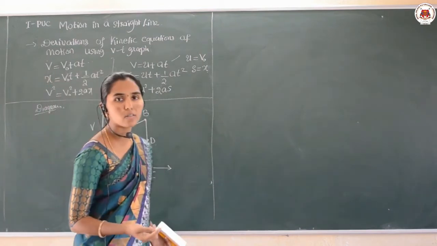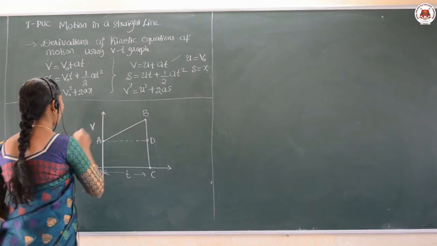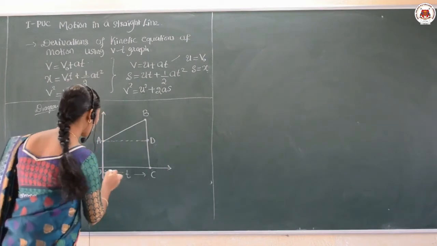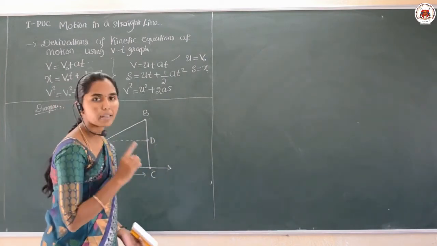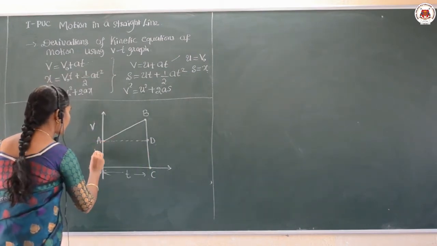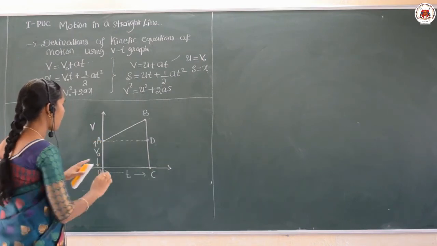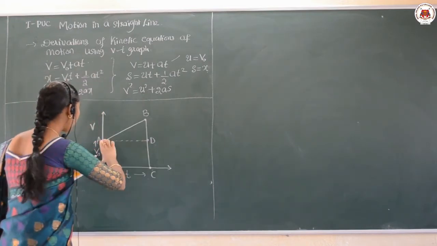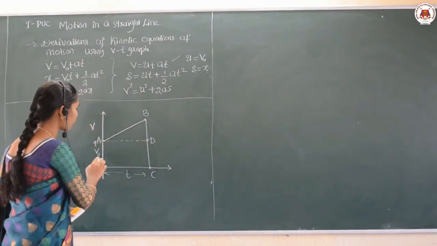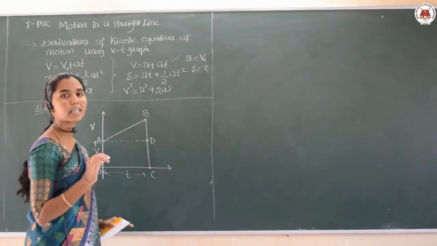Which graph are we using here? The velocity time graph will be used here. Yes. And in a velocity time graph, along the y-axis which quantity is taken? Velocity is taken. Along the x-axis, what quantity? The time quantity will be taken, right? And see, dear students, OA is called the initial velocity here. Therefore, OA, that much distance, I am mentioning as V naught, and OA will be equal to CD also. Wherever CD comes, there you can substitute V naught. That means you can say it is the initial velocity.